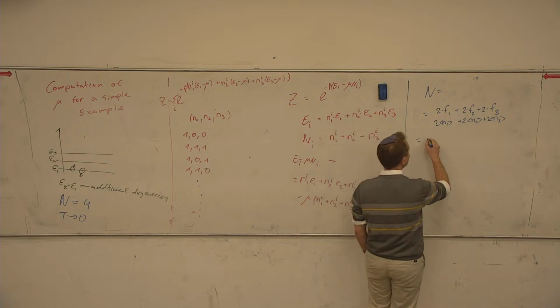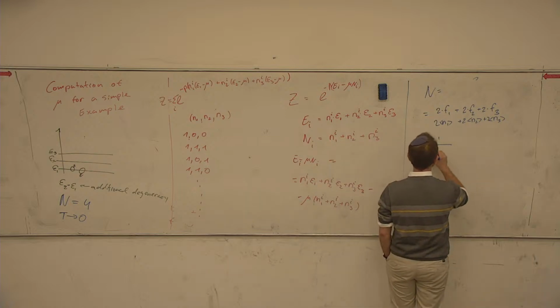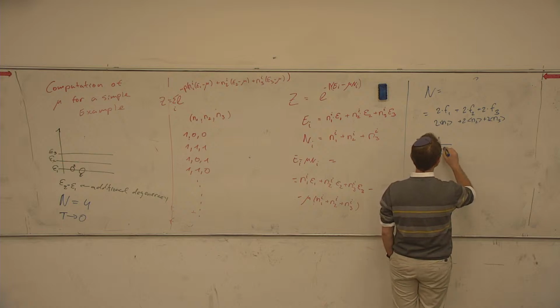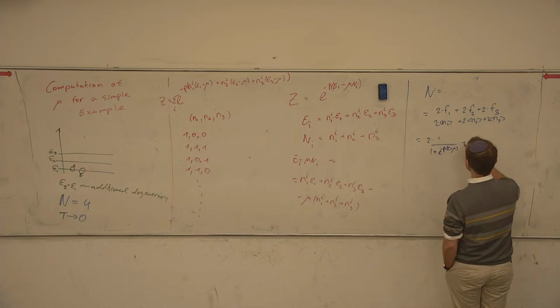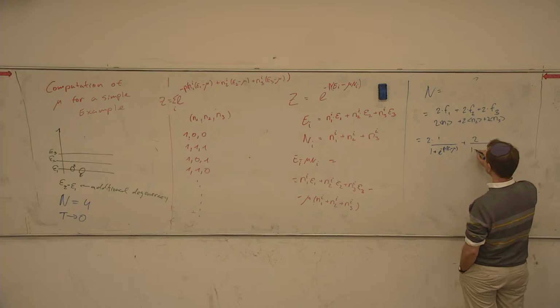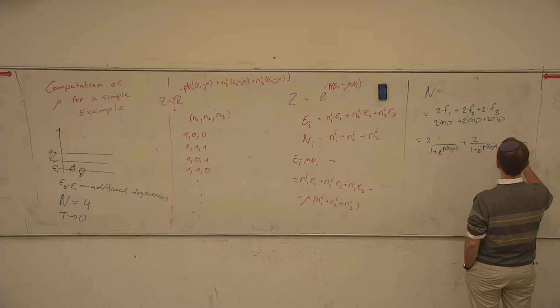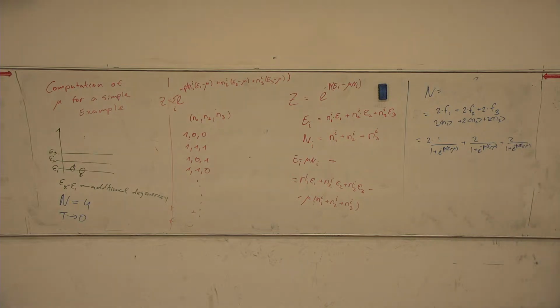Great. So it is 2 multiplied by 1 over 1 plus e to the power minus beta (epsilon 1 minus mu), plus 2 over 1 plus e to the power minus beta (epsilon 2 minus mu), plus 2 over 1 plus e to the power minus beta (epsilon 3 minus mu). Okay, so the moment that we have this,